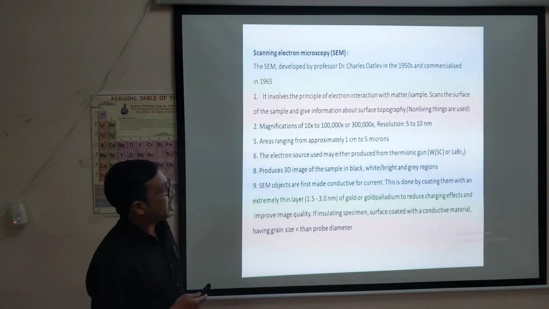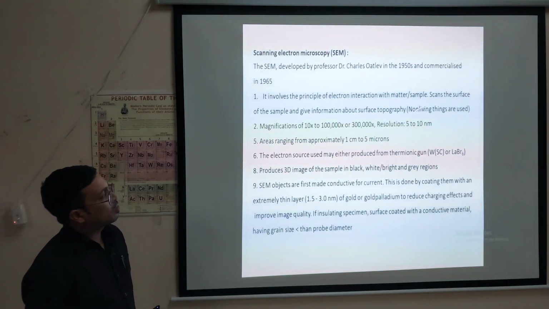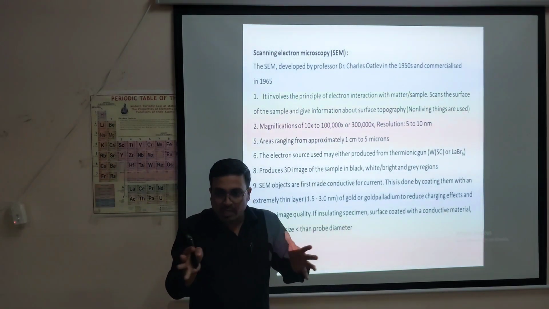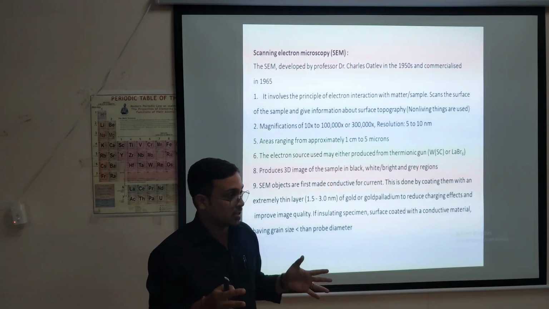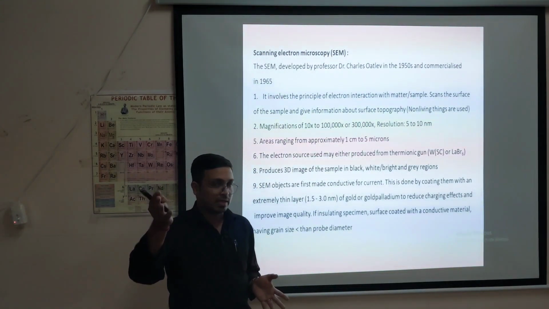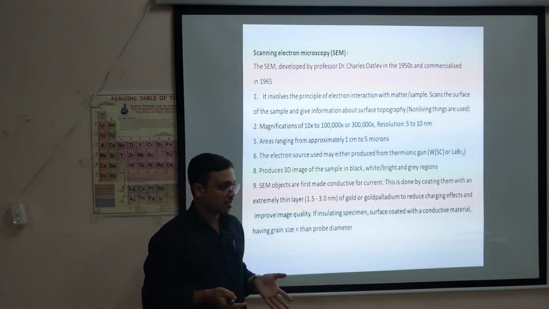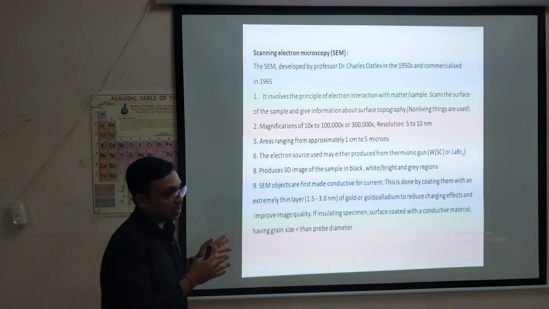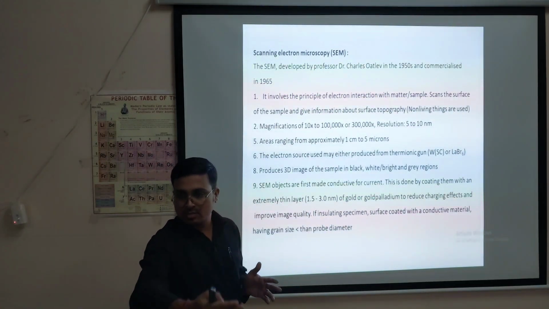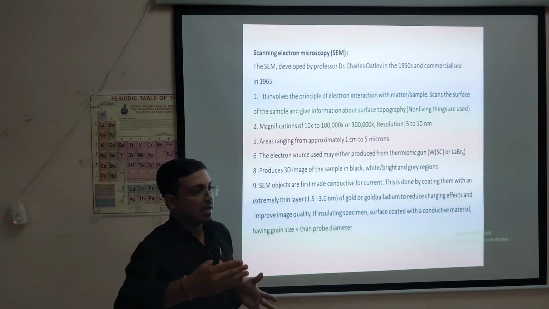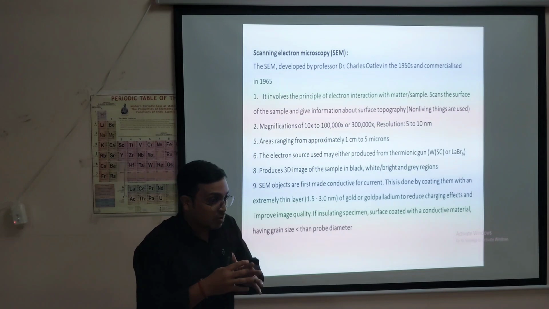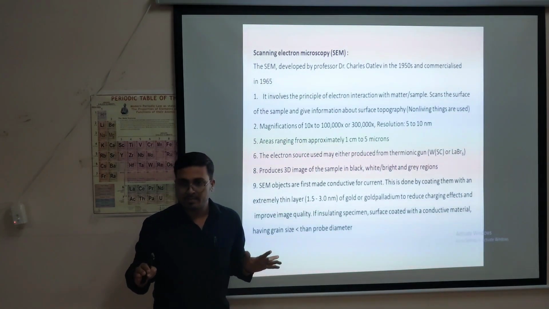Okay, the resolution of this scanning electron microscope is around 5 to 10 nanometers, meaning up to that distance it can make you visualize, provided certain conditions. We have one in our central instrumentation facility, that is JSC's company, and we have this SEM, not FESEM. FESEM is the advanced version of SEM. Then you also have another advanced version, in-lens FESEM. It's all about the resolution parameter, meaning how clearly you can visualize the nanomaterial.